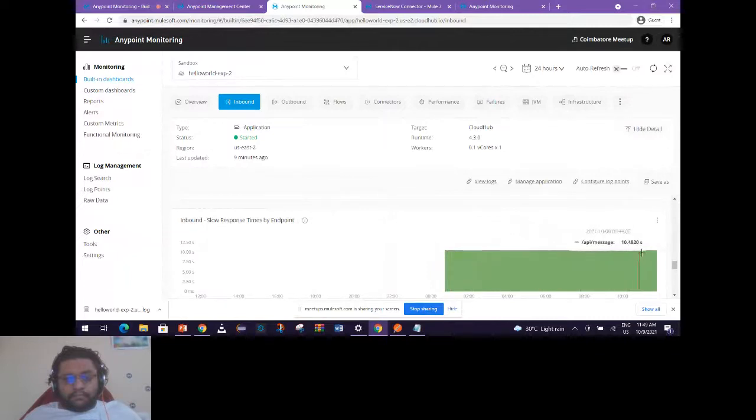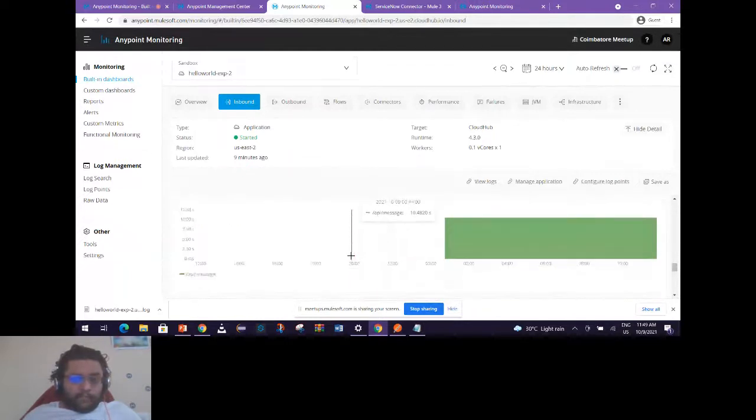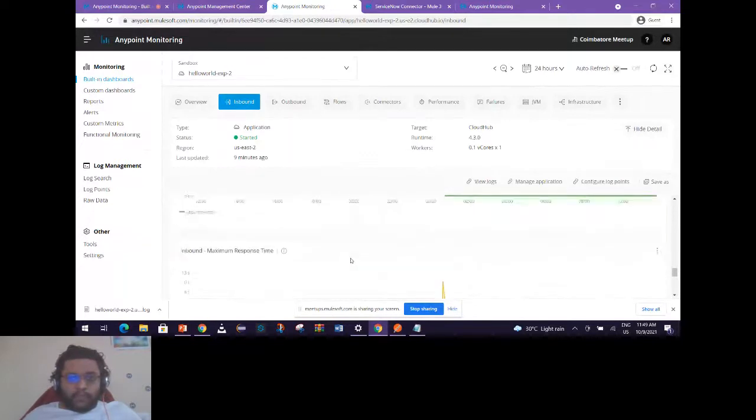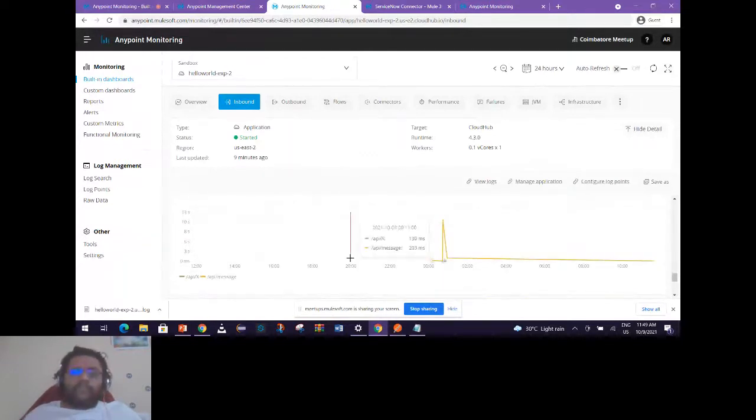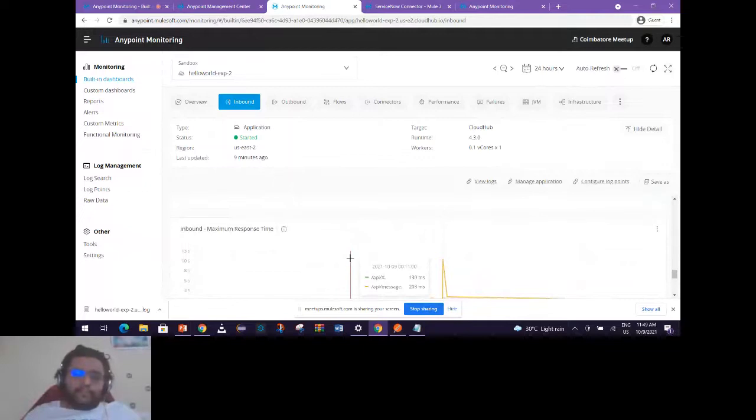So over here you can see how many APIs have a response time of more than 1 second. So that will be here. This will help you understand that your API is working a bit slow. You might have to deep dive into whether there is any error, why it is taking so much time. Is it something like an outbound connector failing?